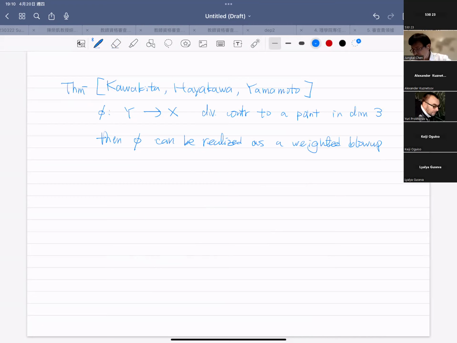Let me be a little bit more precise about the weighted blow-up. We say that it can be realized as a weighted blow-up means that X is embedded into a certain affine space, and actually in this case it's embedded in 4-dimensional affine space or 5-dimensional affine space. And more precisely, there's an embedding and